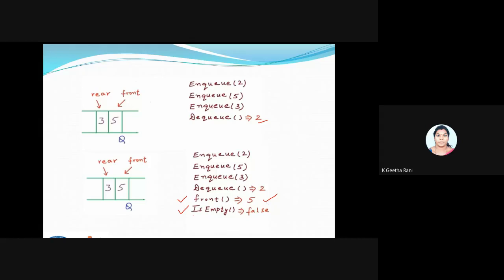Okay, next, as a usual operation, I have to check whether it is empty or not. So before putting an element, or when I'm going to take an element, I have to make a check. For this I'm using is empty of. So my queue is not empty. I have some values inside my queue, so it's going to return me the value false. Right? So these are the basic things under your queue.